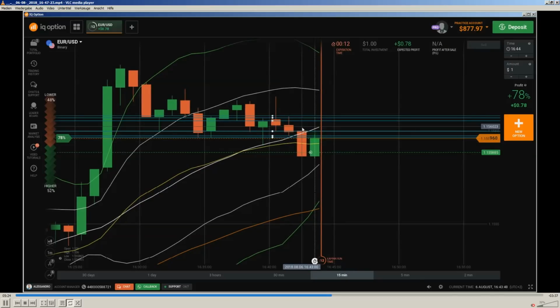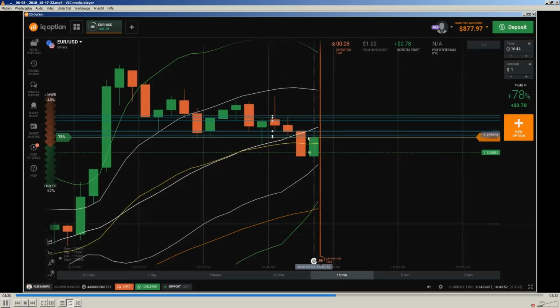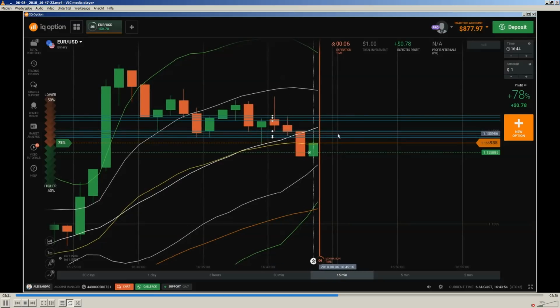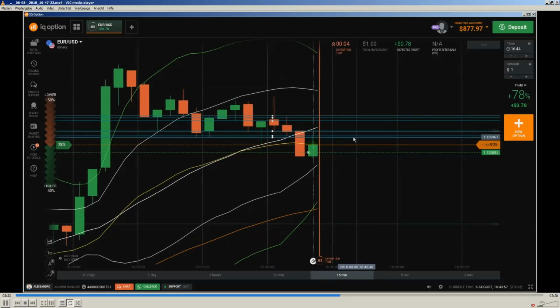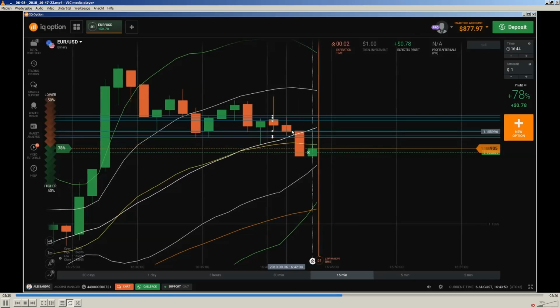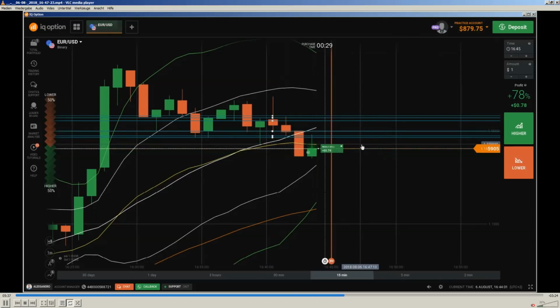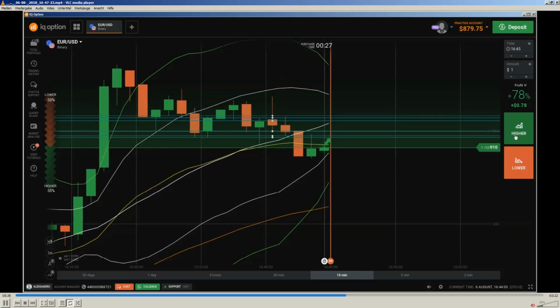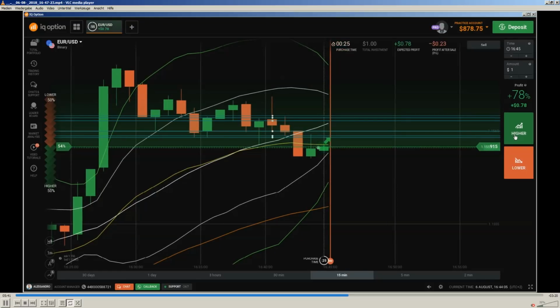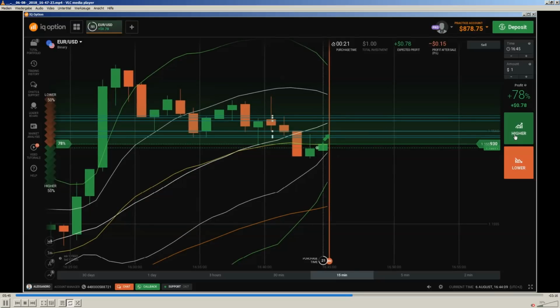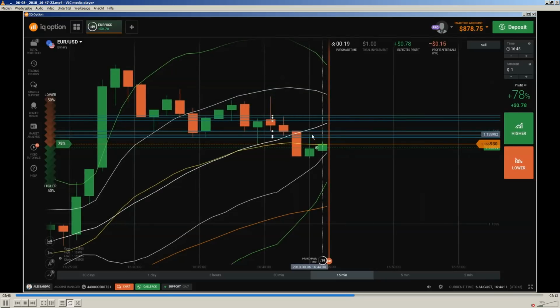Yes, and let's see what's happening next. It stopped exactly on the level and is creating something here, yes, it's rejecting also from the 20 EMA and is creating something like an inverted bullish hammer. And this inverted bullish hammer, like I have explained so often, is mostly nothing else than a trend continuation pattern,